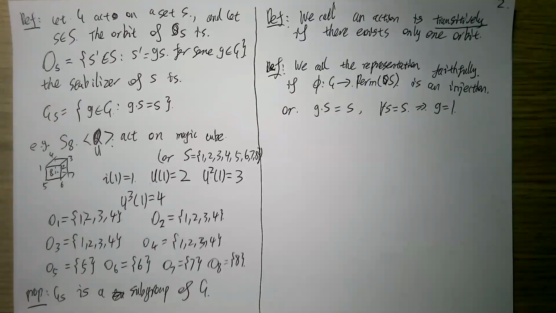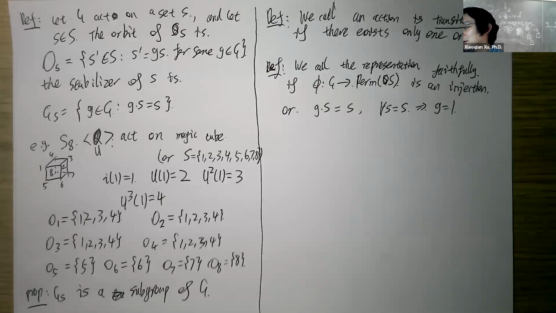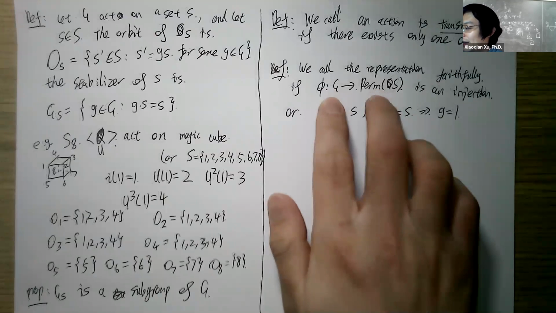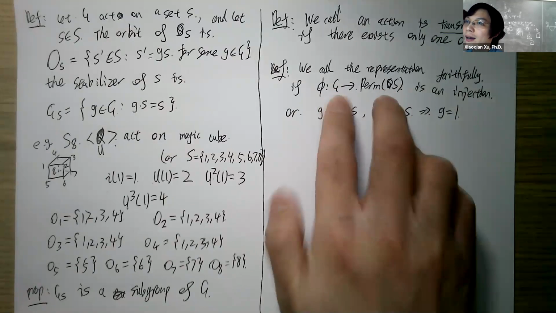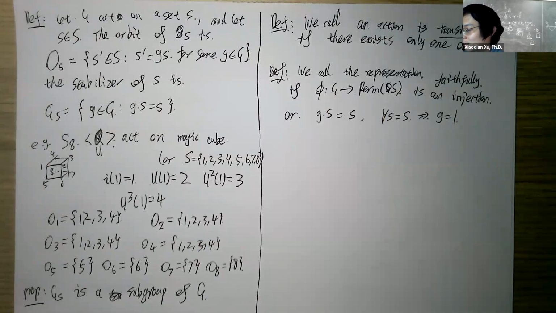Okay. Does it mean that the number of elements in G is less than that of the permutation group of S? Well, not necessarily. You cannot really say any relation between these two. For instance,